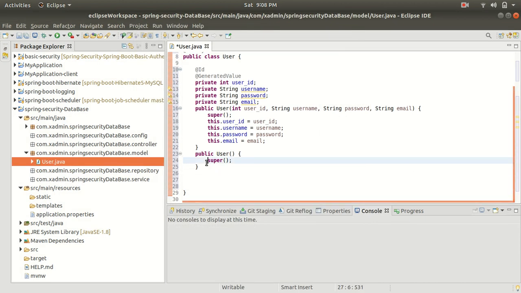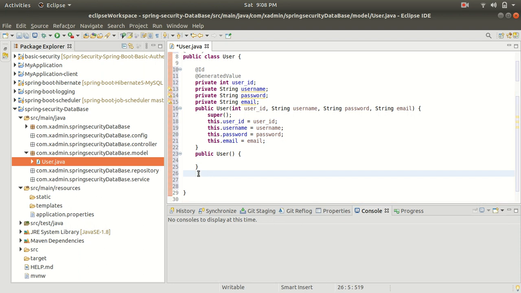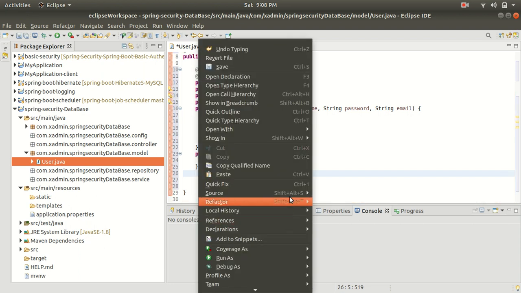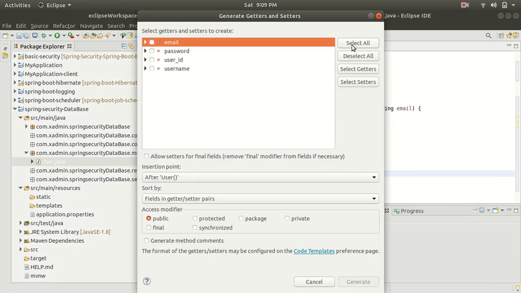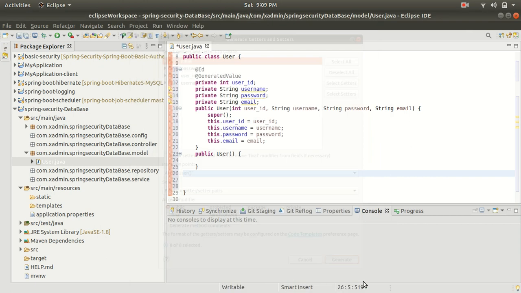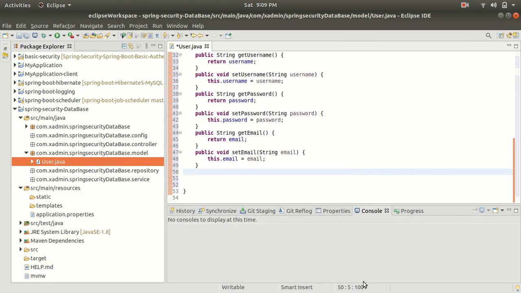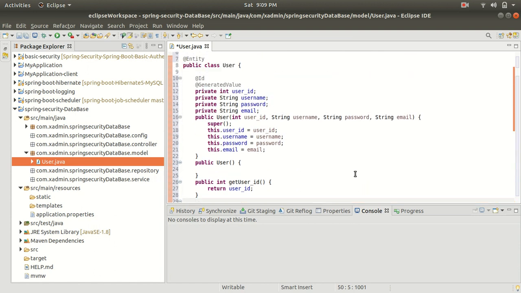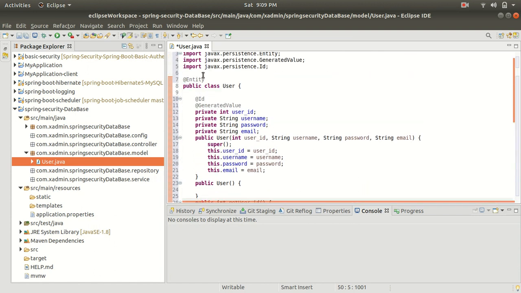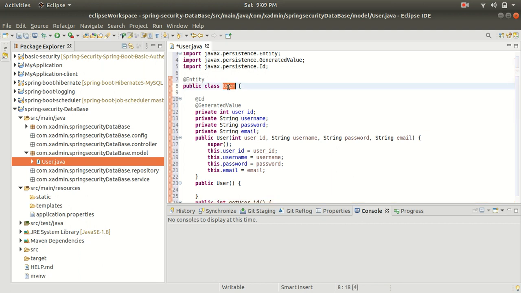I will remove the super call. Alright. So let's generate the getter and setter methods. Generate getters and setters, select all and generate. Alright. So these are the configurations I have added to my user model, and I have added this as an entity class so that it is going to create a table with the name user inside our MySQL database, and user ID is a primary key, and also it is auto generated.